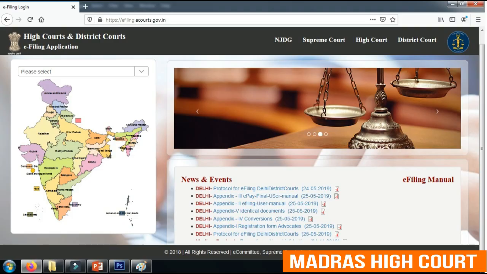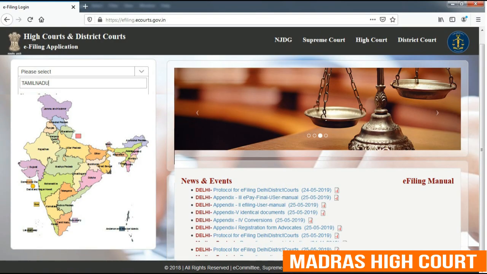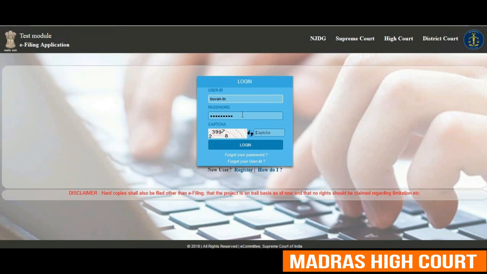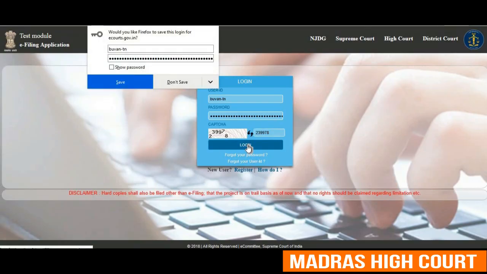A user has to log into efiling.ecourts.gov.in by selecting Tamil Nadu state, which will land into the e-filing login page. In the login page shown above, the user has to type his user ID and password with the CAPTCHA which is shown in the box. After that, one has to log in